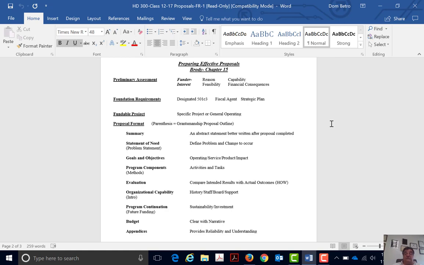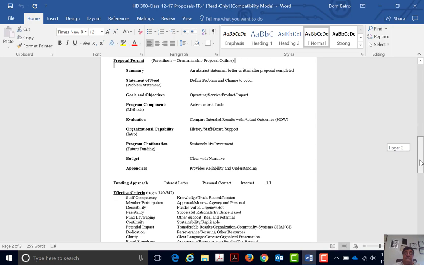So the first is usually you're asked for a summary, which is similar to an abstract, which you're very familiar with. A short description, sometimes it's called an executive summary, but something that gives you an overview of the project. And the project components will include the statement of need, defining the problem and the change that you hope will occur, the goals and objectives, which nowadays we use the logic model, the program components, including the activities and tasks,